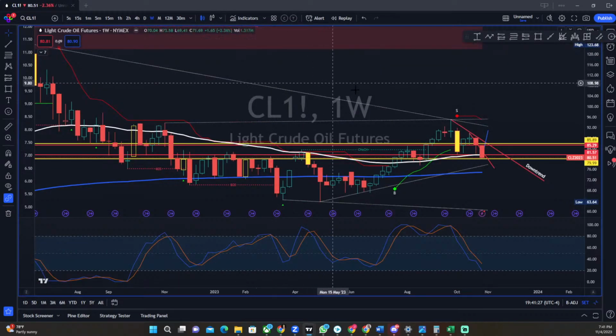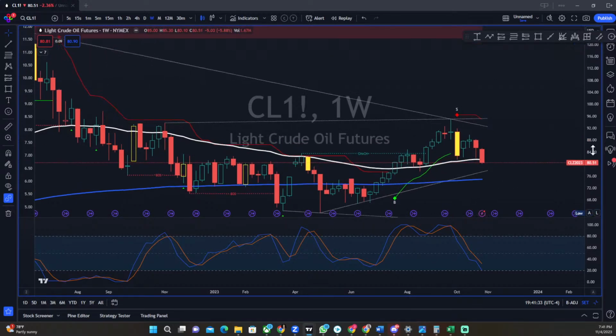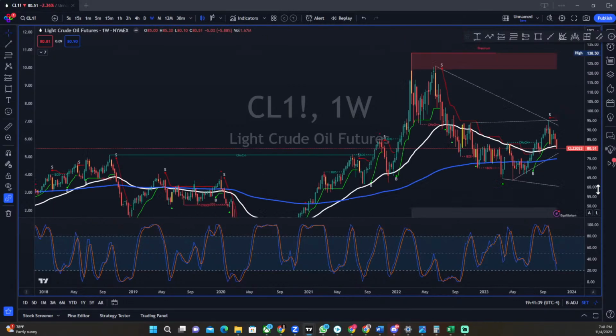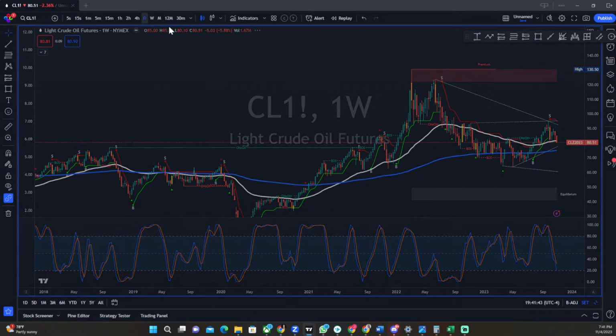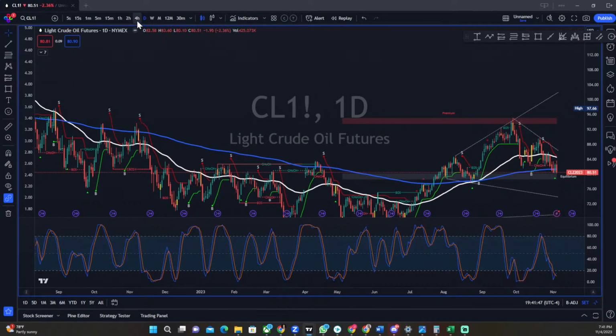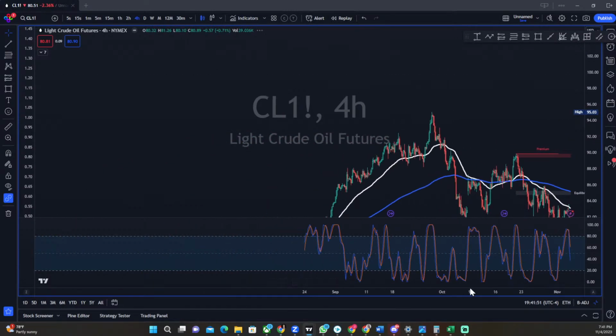Let's go to oil. I've been waiting for oil for a long time to just fall. If you look at some of my trade ideas, I actually listed that we were going to form this head and shoulders when we popped up all the way to this top area along here. And if I go to the daily, I think it's probably more prevalent. Nah, I think it might be the 4 hour. There it is. Yep. Right about here.